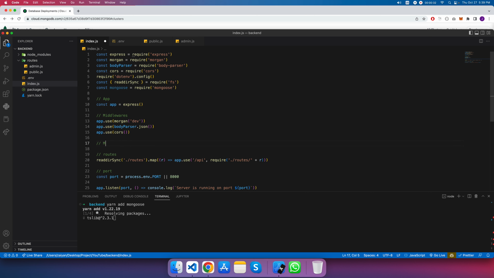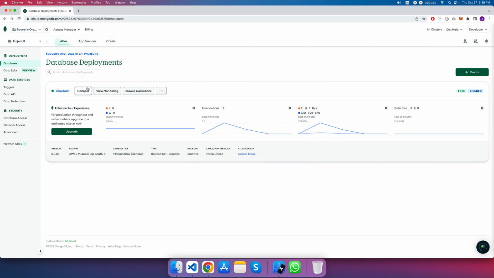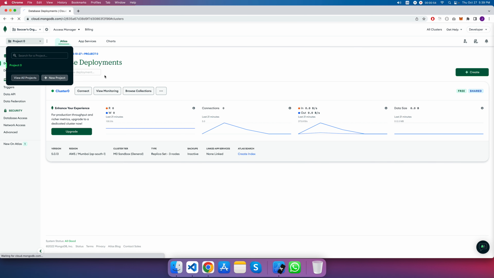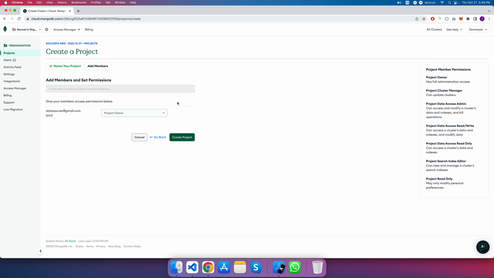So here we need to connect to some MongoDB. Okay, and then we need the URI, so mongo URI, and then we need to create a new project. So I'm going to show you. So creating a new project, name web for you, and then next, and create project,